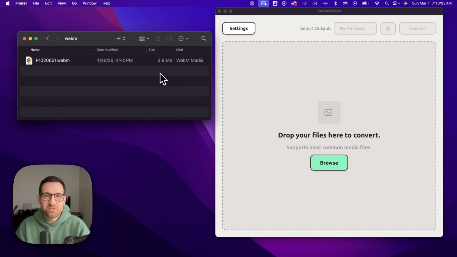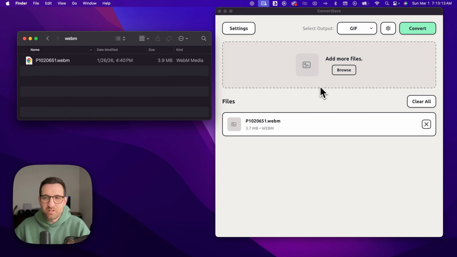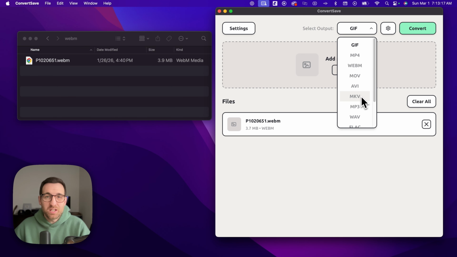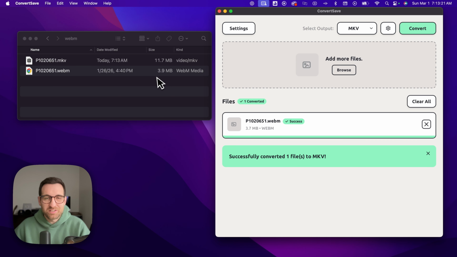Here's how to convert WebM to MKV. The most efficient file converter I know of is this one for desktop called ConvertSave. All you have to do is drag and drop your files in. Could be images, video, audio, doesn't matter. And then you select your output. We're going to MKV video in this case, and we hit convert, and it saves right next to wherever your